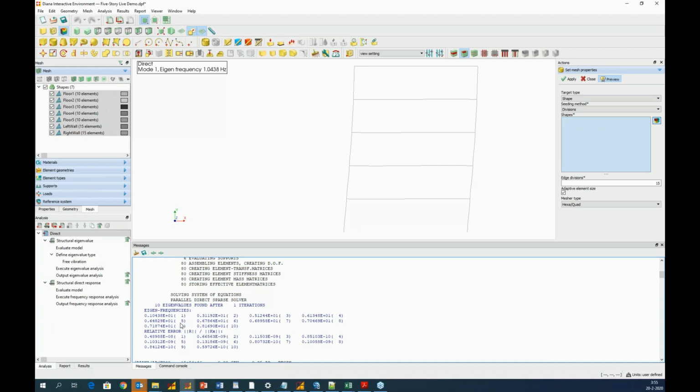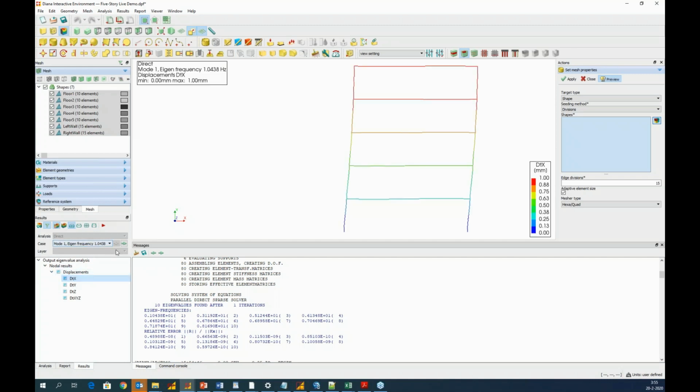Let's now look at the modes and see which deformations are dominating. So I go to the results part. So this is my first mode. I can see that the wall deformations are dominating. Same observation for modes 2 and 3.